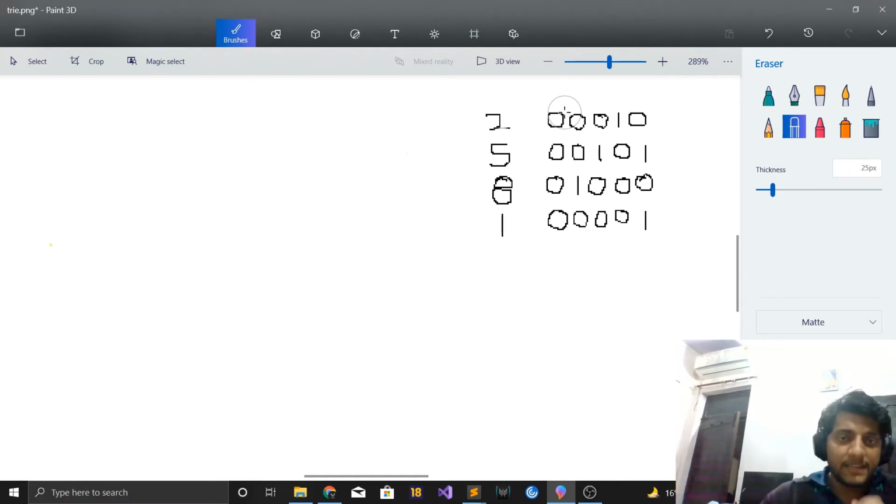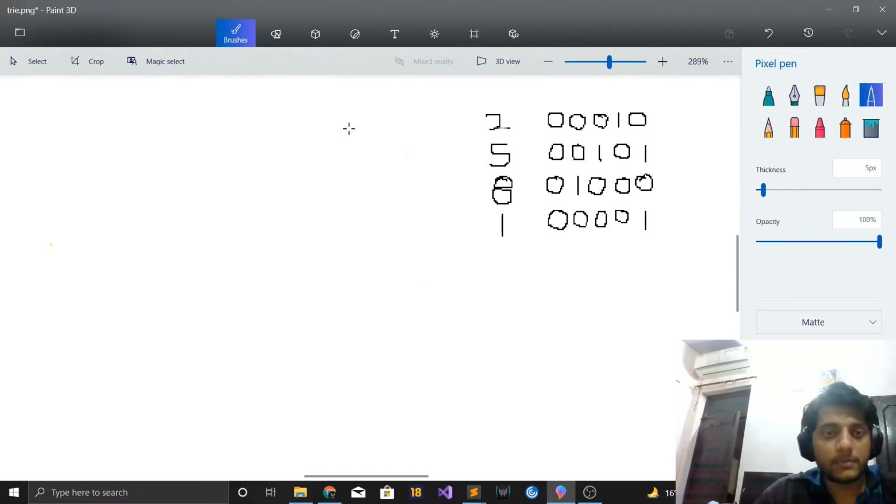So let's talk about trie now. What is a trie? A trie is nothing but just a rooted tree. And a tree in graph theory is defined as an undirected connected graph with n vertices and n minus 1 edges. As I told you, a trie is nothing but a rooted tree. So let me first draw the root of a trie. This would be the root of the trie. Let me represent it with capital R as well.